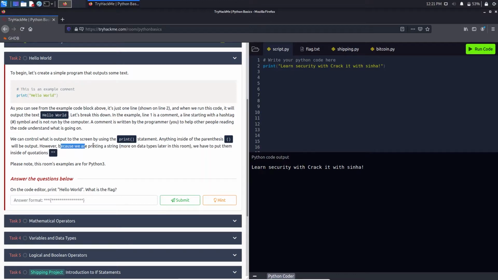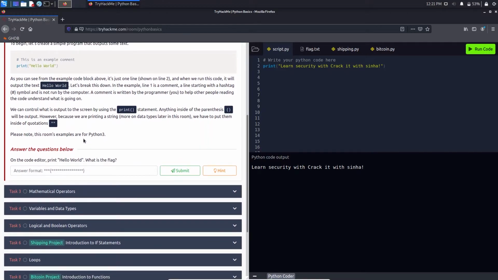However, if we are printing a string, it should be inside double quotation marks, and if it's a declared variable, we will learn about that in the next task, task 4, so we don't use quotes then. Now here it's asking in the code editor: print hello world, what is the flag.